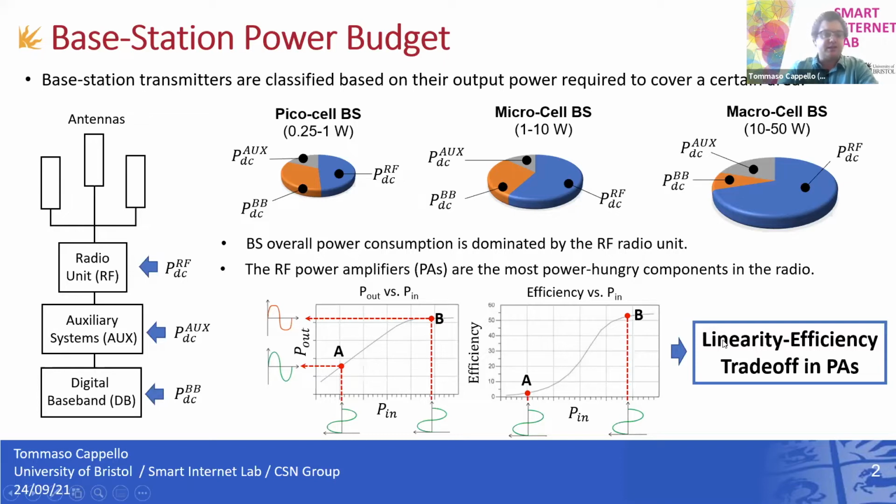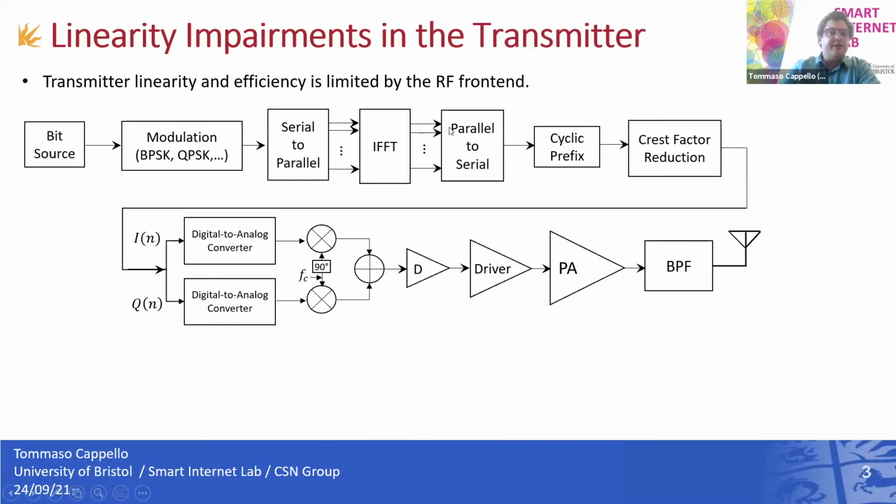One of them is digital predistortion. If we look inside the transmitter architecture, it typically presents a structure like this one, especially if OFDM modulation is used. Several carriers are generated and modulated following a certain standard. Then there is a block called crest factor reduction in order to reduce the dynamic range of the amplified signal. And then the IQ digital bit streams generated by the digital baseband of the transmitter are converted first